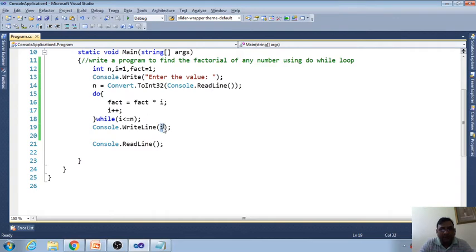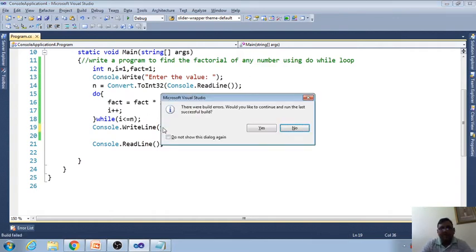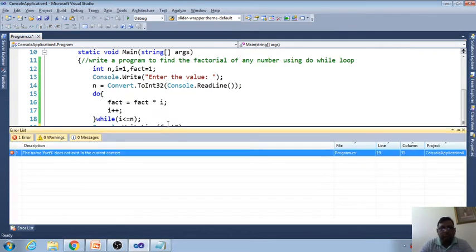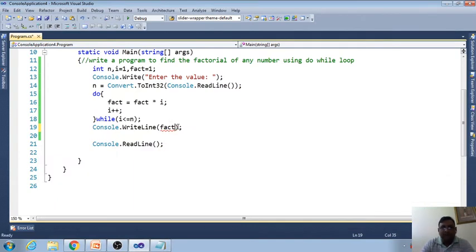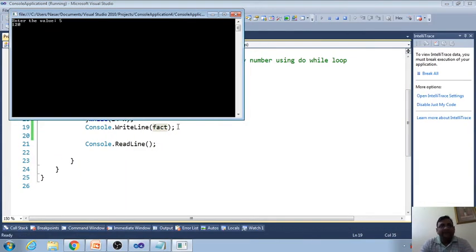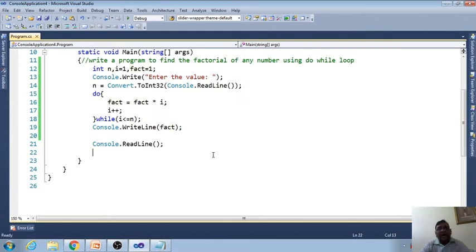This is actually the fact, you know, this is the problem here. The factorial of 5 is 120. So this is another program using do while loop. See the program, analyze it, there is no difference. What is the difference? Only the difference in the syntax: initial value on the top, everything inside the statement, and the condition at the last.